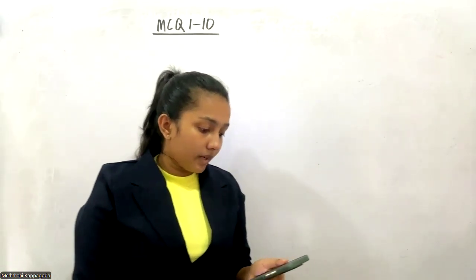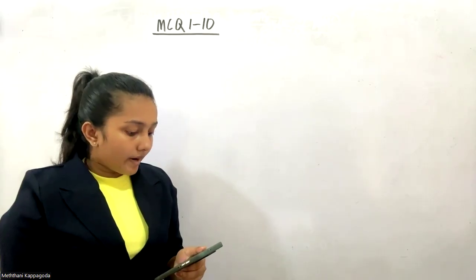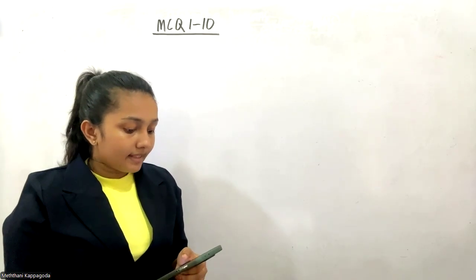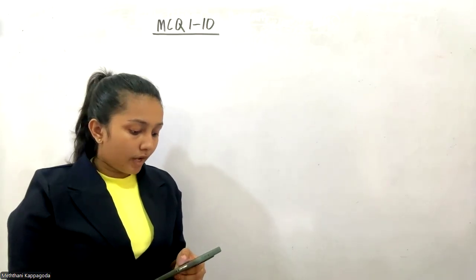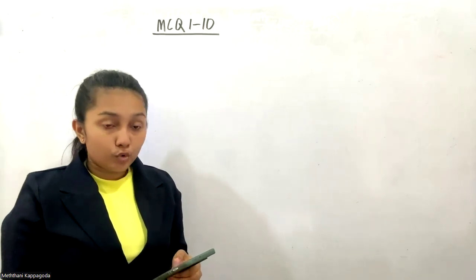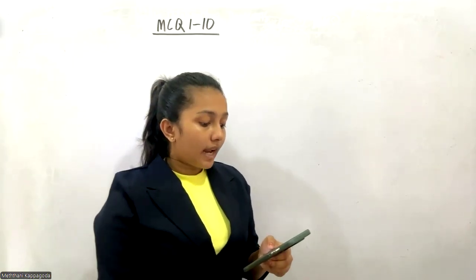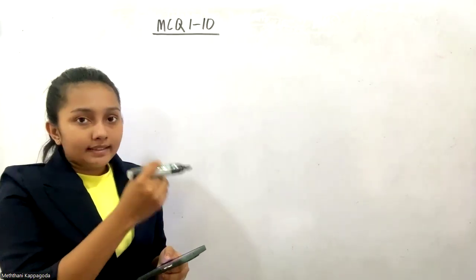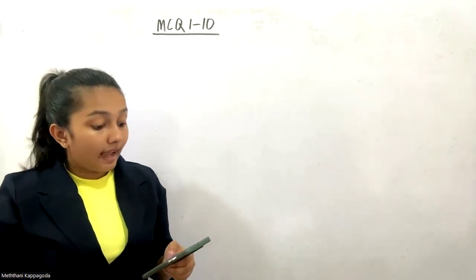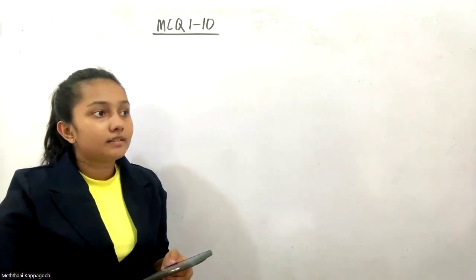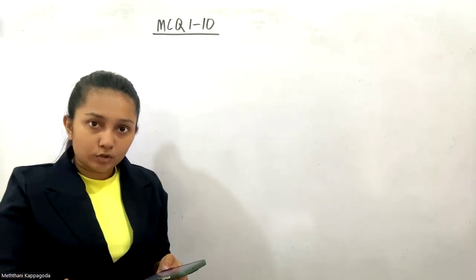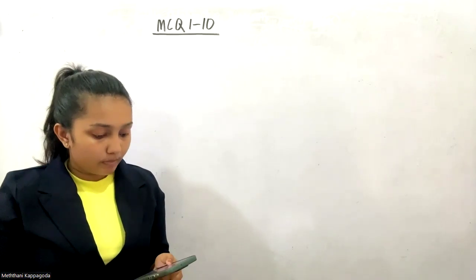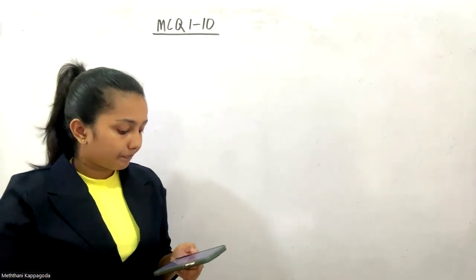Right. Question number 7. Consider the IP address 192.248.87.3 and the subnet mask 255.255.255.224. How many hosts can be directly connected to this network? Very easy. Lamai, in the subnet mask given in the question, it has 5 host bits. It means 2 to the power 5 minus 2. 2 to the power 5 minus 2 is equal to 30. Answer should be 30. Answer number 3.